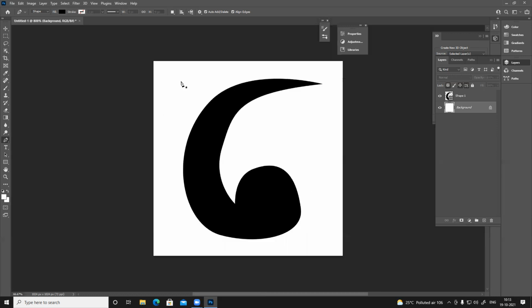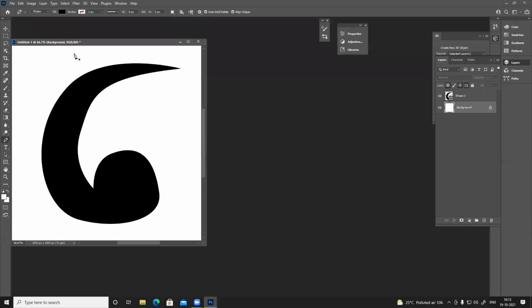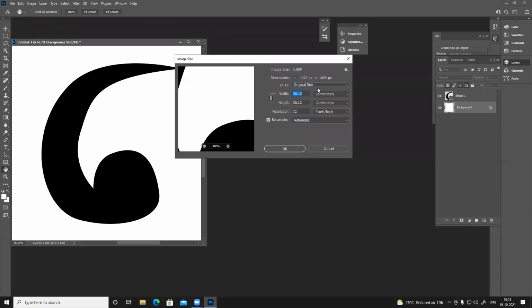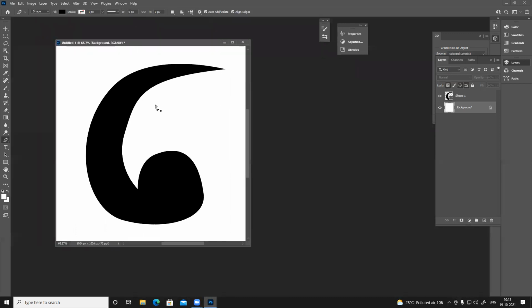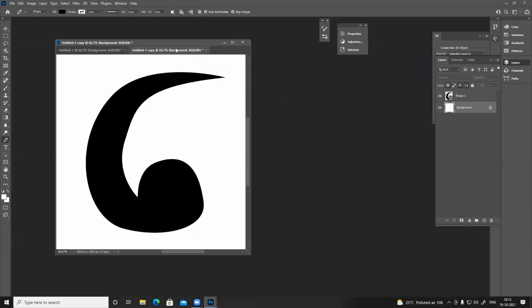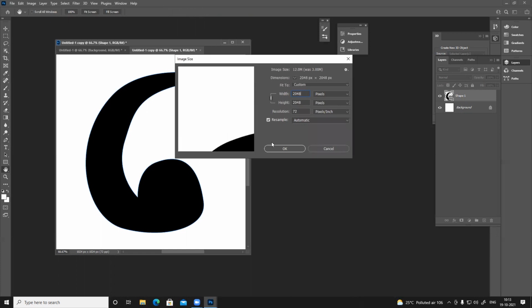So, but now, if you want to convert, you can see image size 1K by 1K. And you will hear this term 1K, 1K pixel, a lot of times. So this is 1K. So if I convert this into 2K, it will still be in the same resolution. So let's convert this thing. Let's see. I'll duplicate this. This is still a shape, and I'll change the size of this to 2048, exactly double.